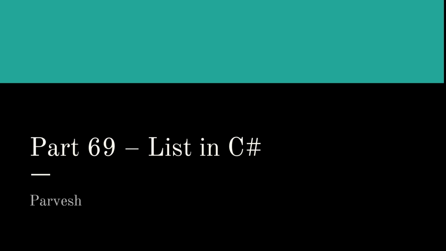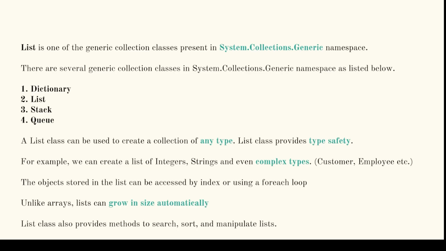In this video, we will learn about list. List is one of the generic collections present in the System.Collections.Generic namespace. Actually, there are several generic collections in the System.Collections.Generic namespace, which are mentioned here. We have Dictionary that we have learned in the past couple of videos. In this video, we will learn the List, and in the upcoming videos, we are going to learn Stack and